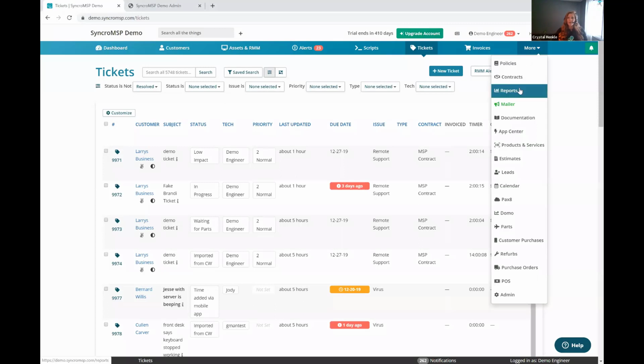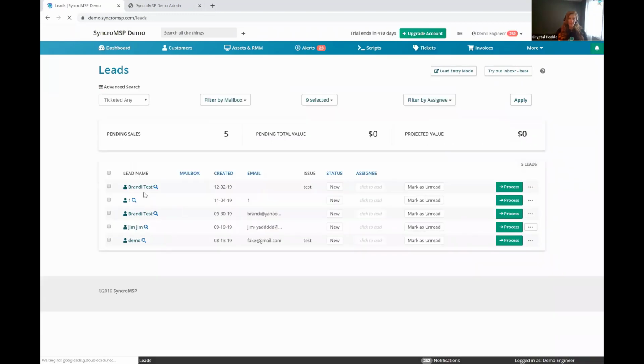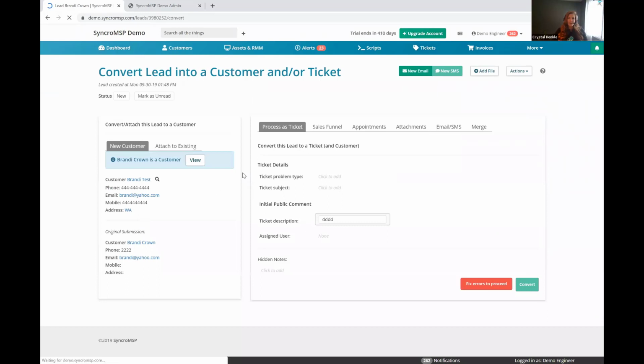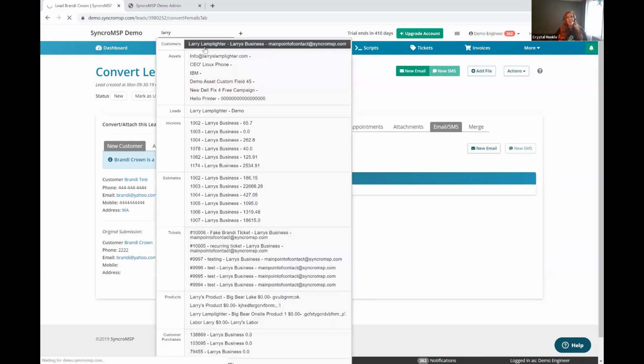I'm going to go to leads just so that we can all be on the same page as what we're looking at. If we go to a specific lead here, you can email back and forth and you could see a communications log. You can process this into a ticket and those kinds of things. But the main thing, if you were to convert this lead to an actual customer, you can somewhat manage,